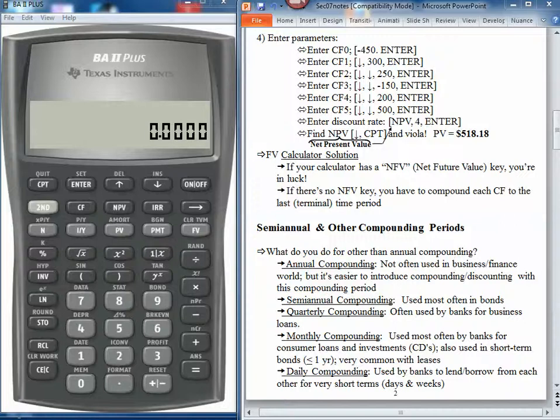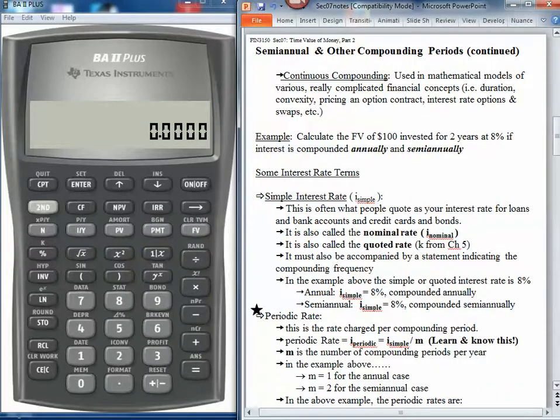Daily compounding is probably the most common when there's an interest-bearing account or the consumer is paying interest to some institution like a bank. Your credit card is most likely based on a daily compounded rate. And as I said, continuous compounding could be used, but it's not very common, especially because of fair lending laws. The consumer has to understand the nature of the compounding period,